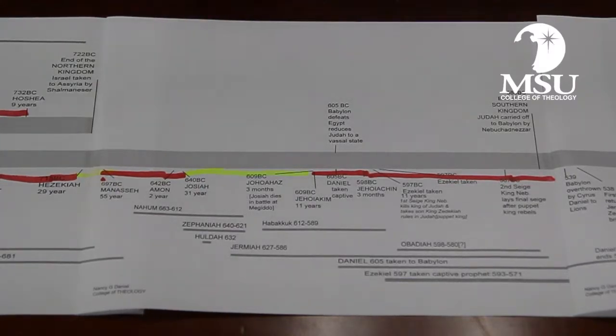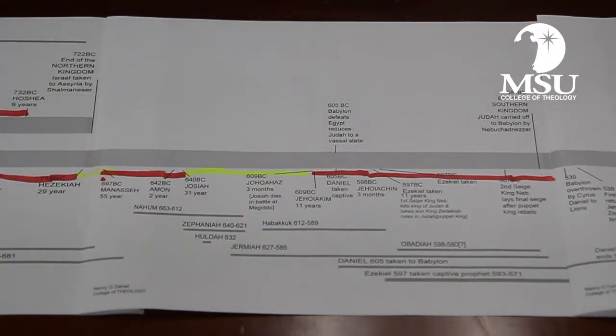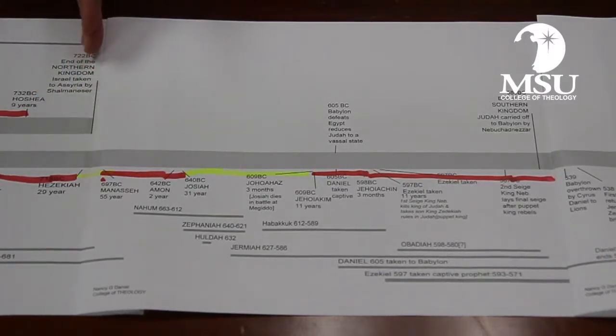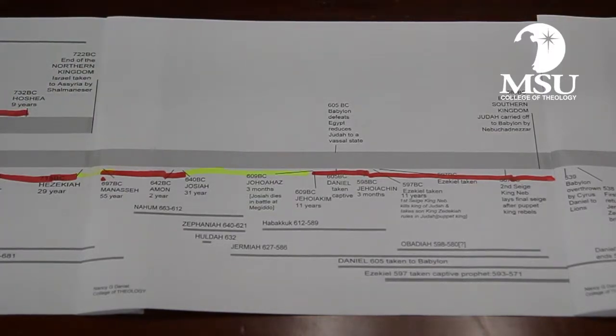Now, Josiah gets into the temple and he finds the law. It's been 60, 70 years since anybody had seen the law, and he finds it. He realizes, oh my gosh, we've messed up. We really have messed up. Now, as I'm telling you all this, understand, these people in the north, right here at Hezekiah's time, were carried away to Assyria. They were taken as captives to Assyria.